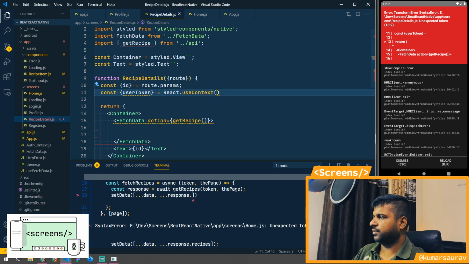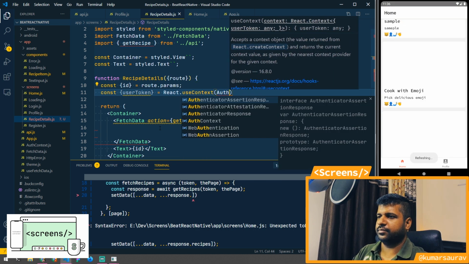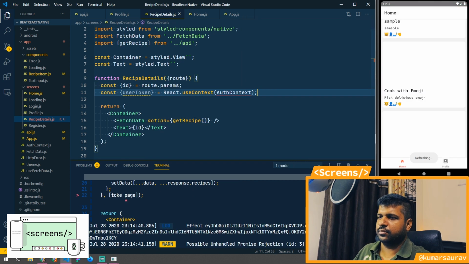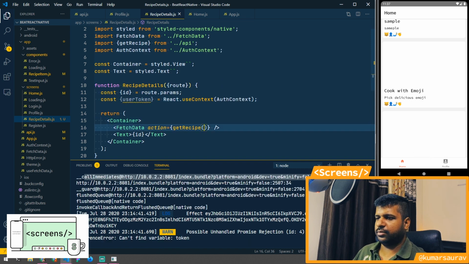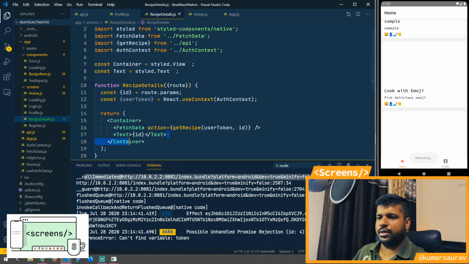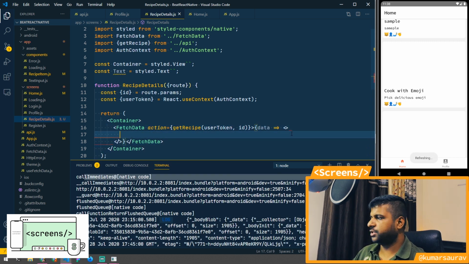React.useContext, we are going to use the auth context here. Let's import that. Okay, and we are going to use user token here and the ID here. Now we'll get the data. Now we can have children here.